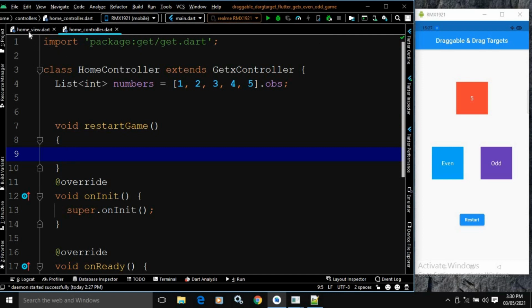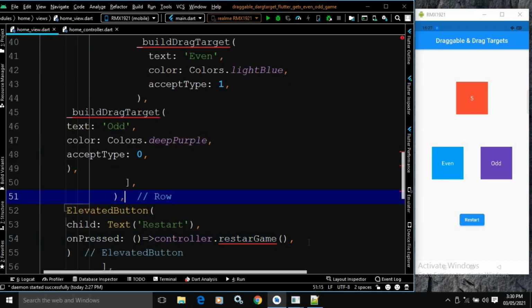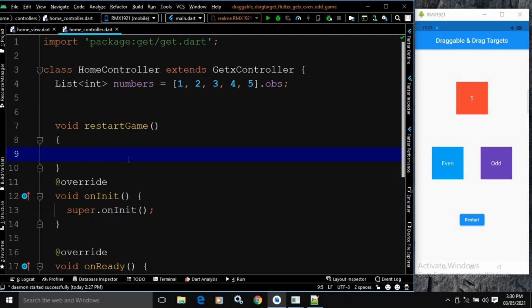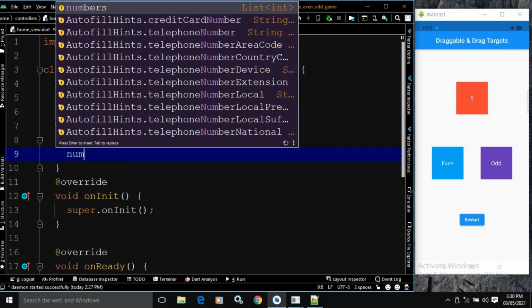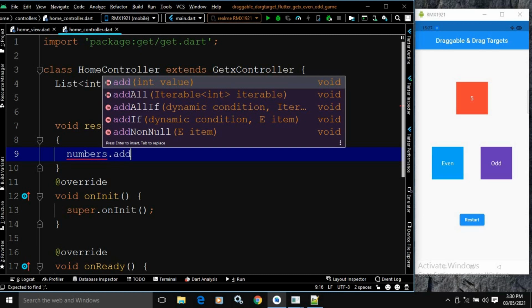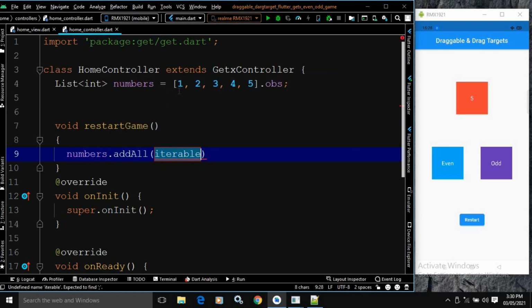Okay, fine. Now in the restart game, what will happen? In the restart game, whenever this function will be called, at that time what I will do, I will simply write numbers dot add all, and after that here I will pass this list. This means I am again reinitializing the list with this values, right?